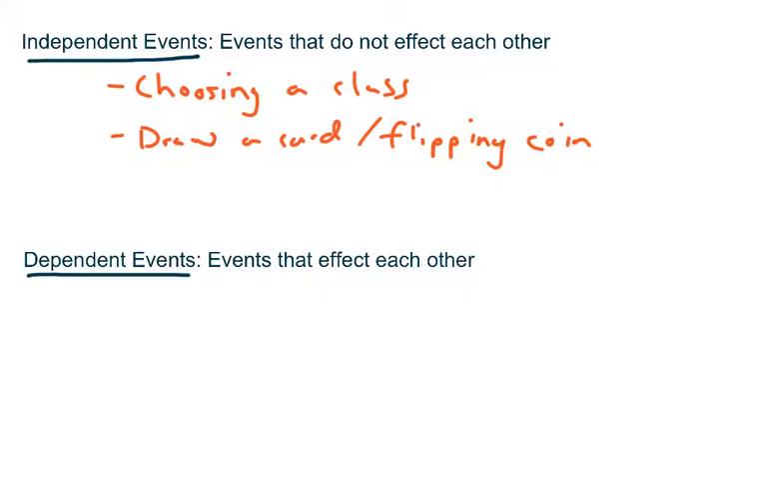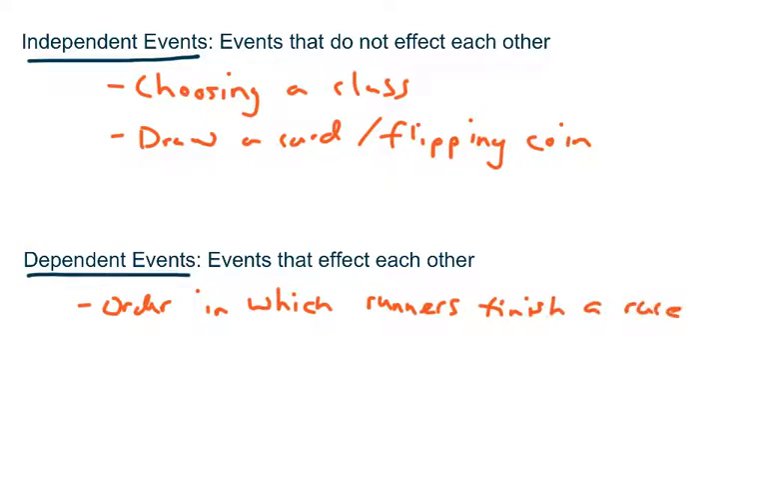A couple of examples of dependent events would be the order in which runners finish a race, because if I get first place, I can't get second or third or sixth or whatever. So the order in which runners finish a race, those would be dependent events. The place you get is dependent on what the people in front of you have done or the people behind you are doing. Another example of dependent events that we'll use more frequently would be drawing a card,